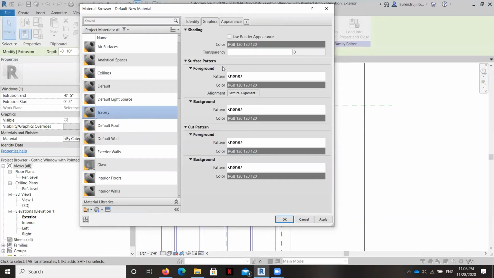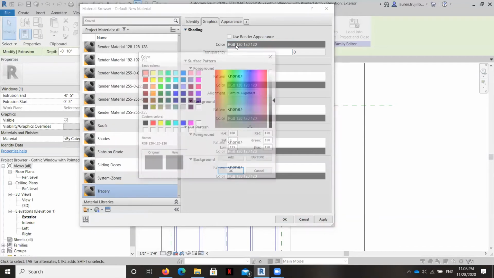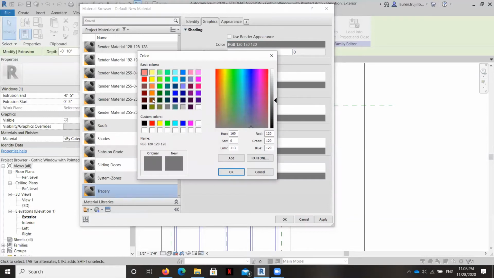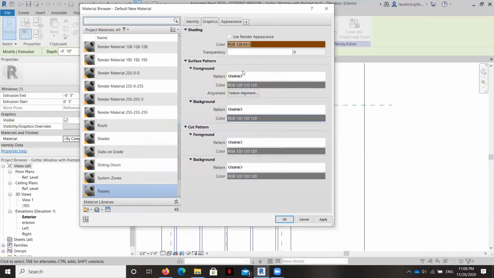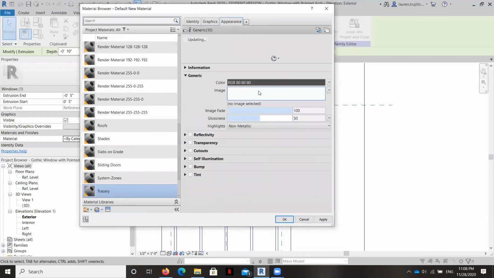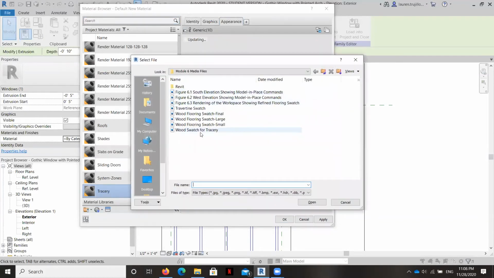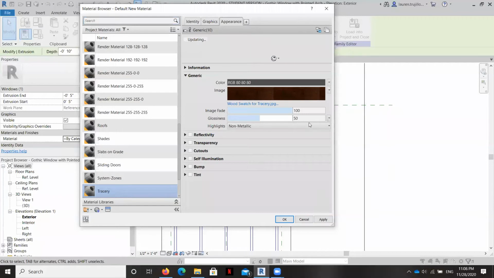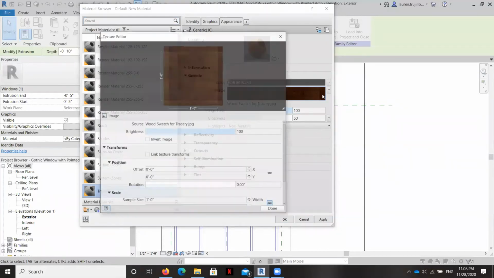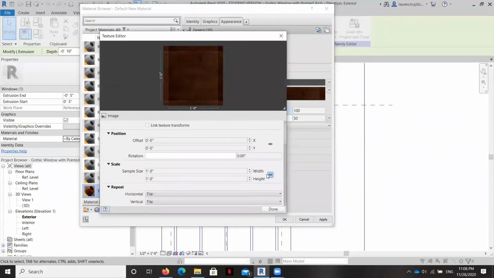Tracery. And it's going to be a sort of a dark brown color. And we'll grab the swatch that I created. And once again, I'm going to change it so that it's a rather large swatch.